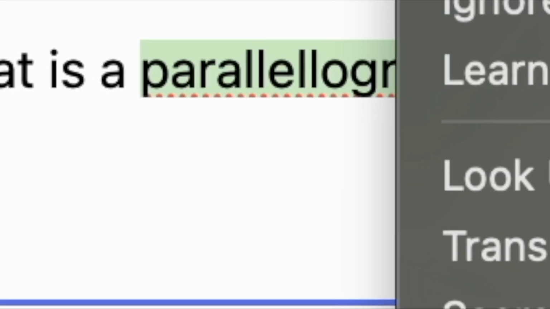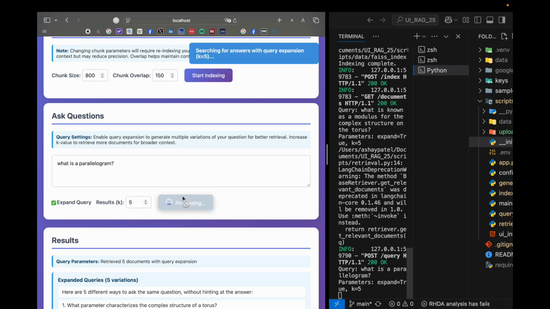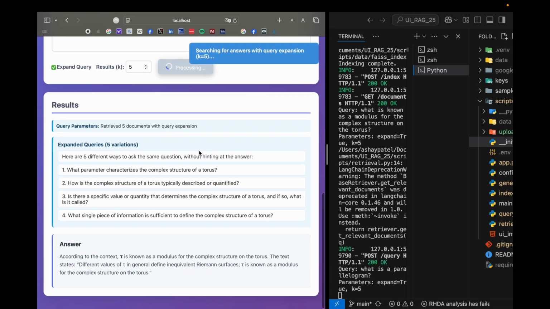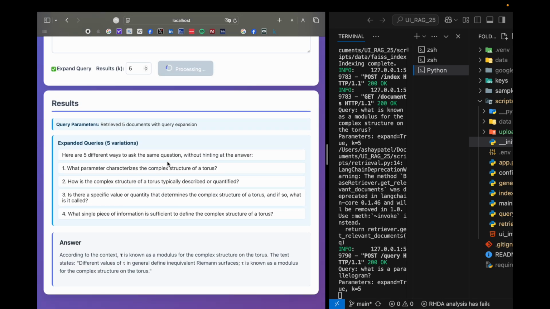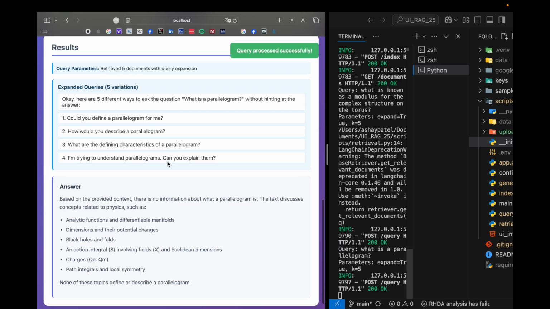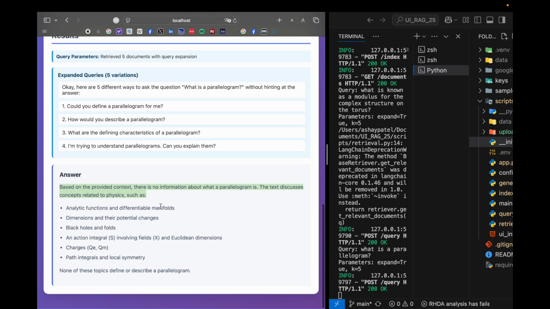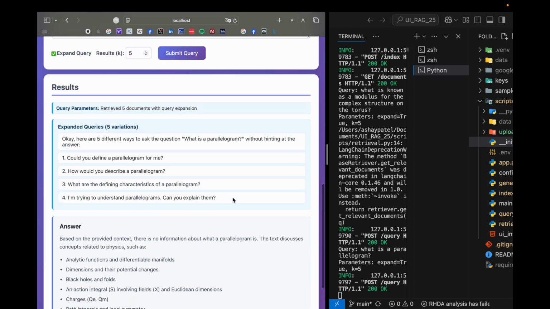Okay, let's go. And we submit the query. It will hit the vector database again. It will generate 5 questions. Only this time it says that based on the provided context, there is no information about what a parallelogram is. The text discusses concepts related to physics such as this, but it does not have any information about what parallelogram